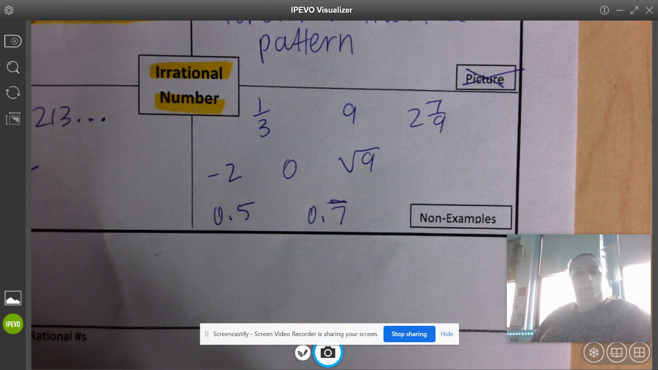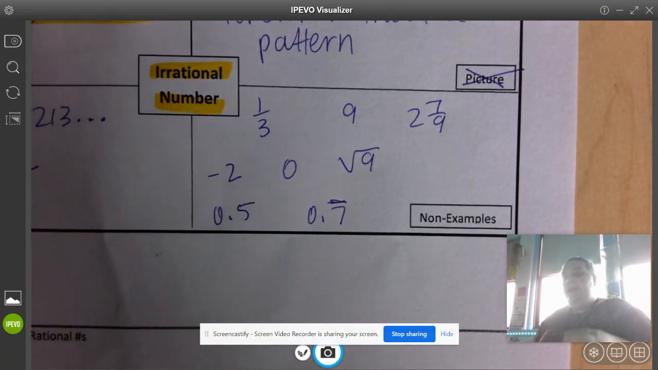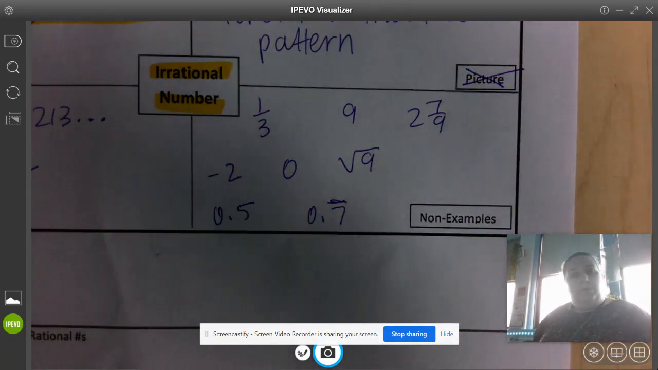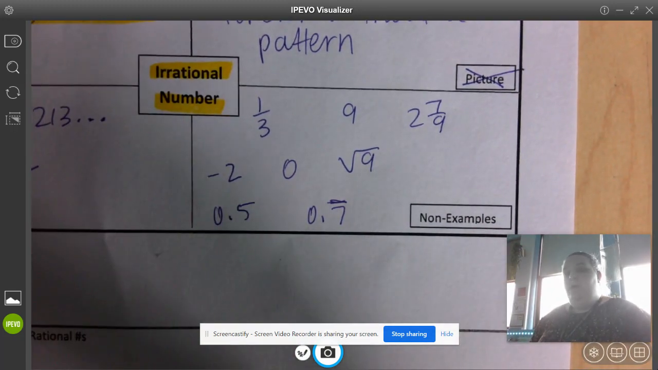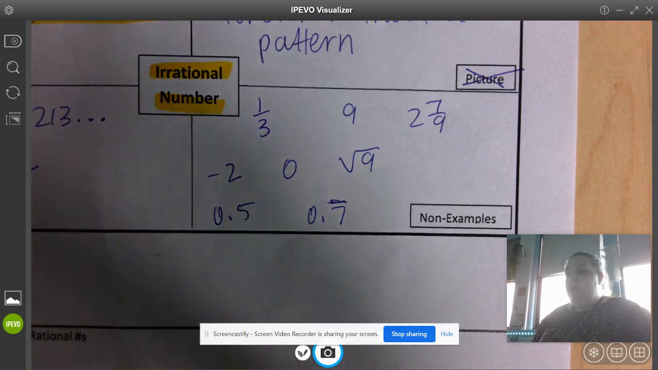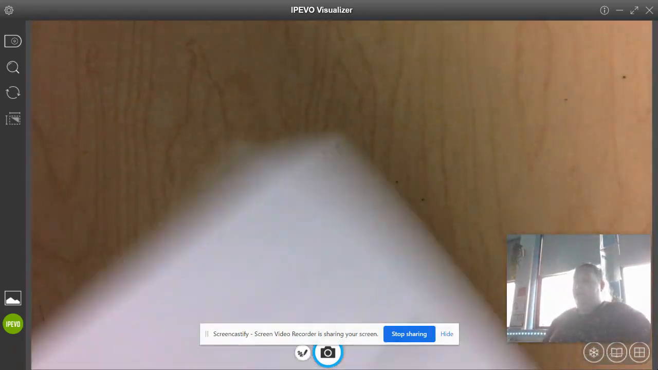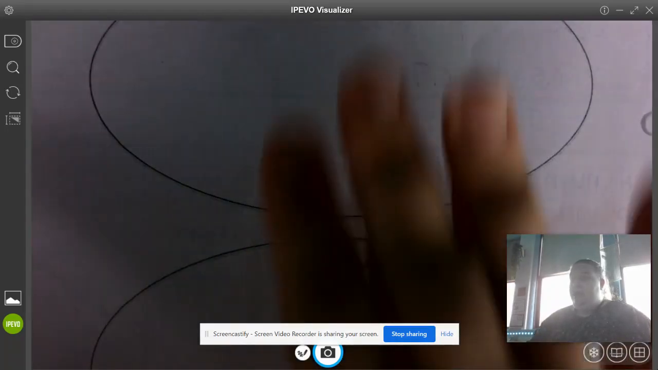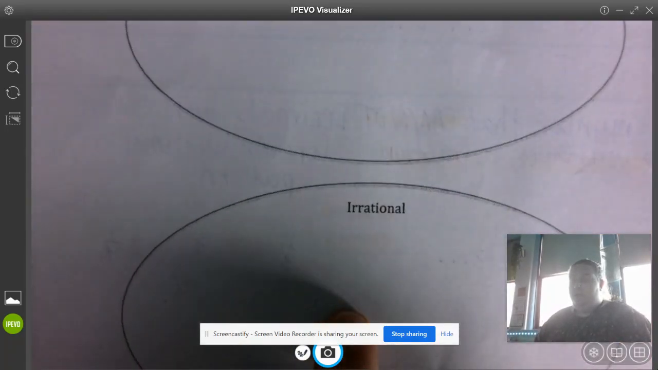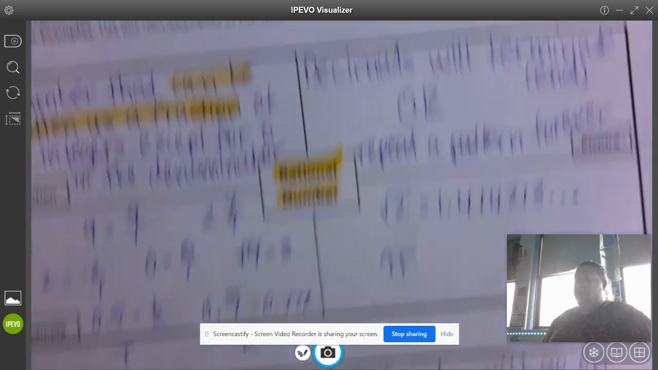Okay. So today what we're going to do is spend some time practicing categorizing numbers as either rational or irrational. These are terms we're going to be using a lot throughout our unit, so we want to be very comfortable with them. So if you flip to the back, if you have this paper, you can do this sort. You're going to take all these terms in numbers and sort them as either rational or irrational, or you can check Canvas to see what